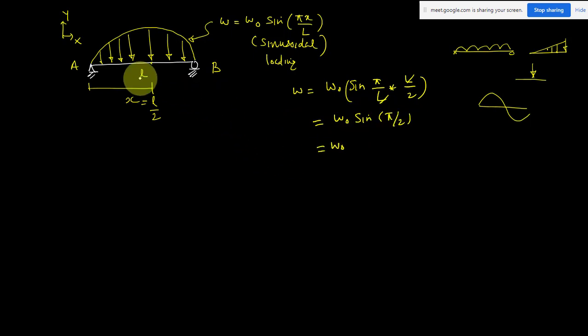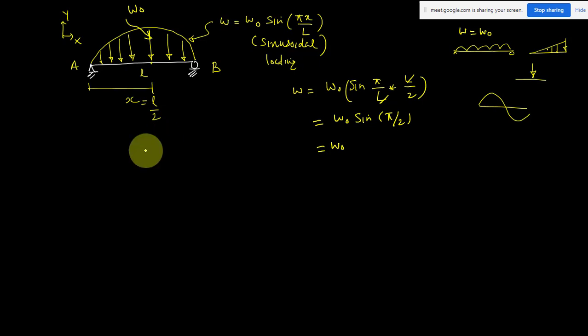So what I am telling is, this is the sinusoidal loading. The load variation is sinusoidal. So the intensity at the center, L by 2, will be W0. This is the intensity of the loading at the center, and the variation of the load is as per this function. So you don't need to worry about the sine term and all. It is just a variation, like a UDL only. UDL means the same value throughout; that is why we simply write W equal to W0. At every section, W0 is the value. But for this loading, at every section your load keeps on varying. The variation is not uniform; the variation is a sine function. That is the given load.